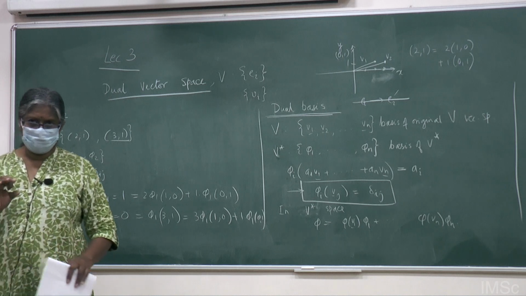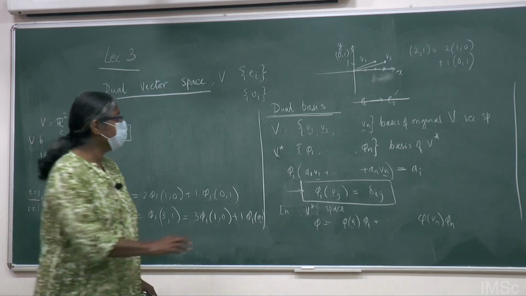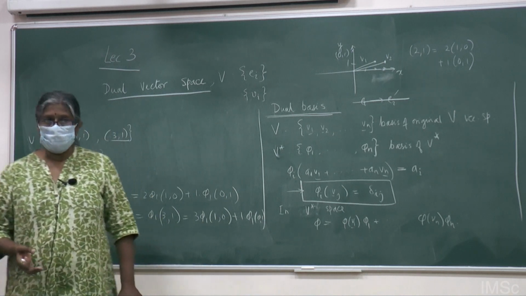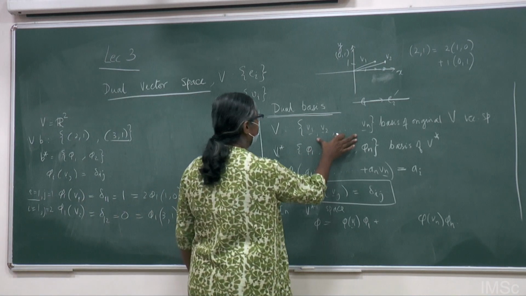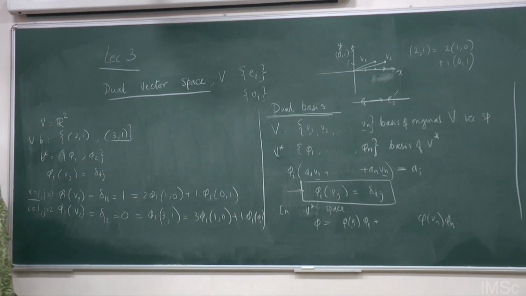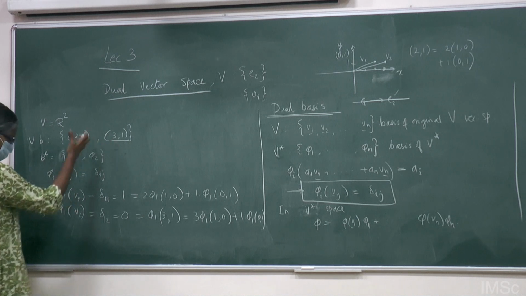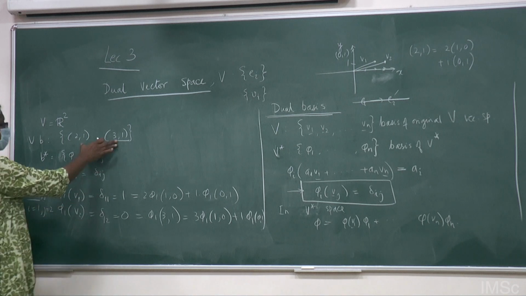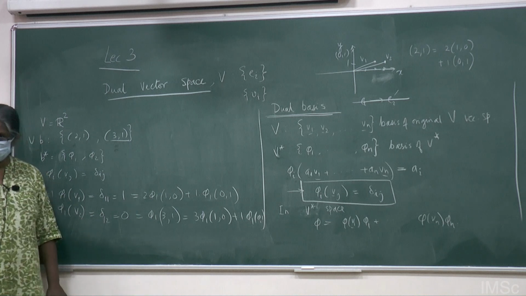As I said, it's a little technical difficulty, but don't worry about it. I can choose any equivalent set of basis vectors to span my original V. But once I have this basis set V1 to Vn, the dual basis is defined in this way. That's it. I can't do anything more than that. So once I've chosen this set, you can see that I'm calculating everything else. Dual basis is defined this way, but any element in the dual space is a linear combination. It cannot be any linear combination. Given this, I am going to solve for this. So it is only one linear combination.